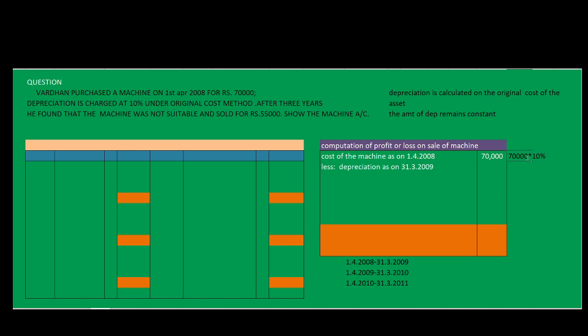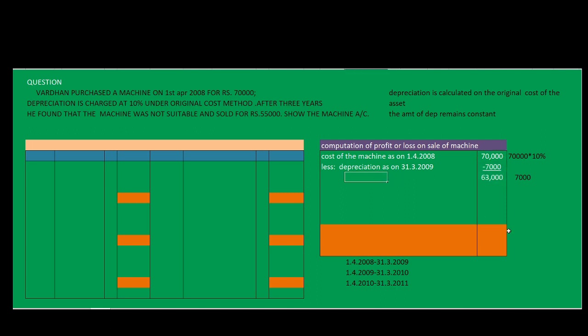So what is 10% on 70,000? Simply remove one zero, because 10 by 100 means 2 zeros, and 7,000 will be left. That 7,000 is our depreciation. So depreciation will always be deducted from the original cost. After deducting this, the balance which we get is our balance for the next